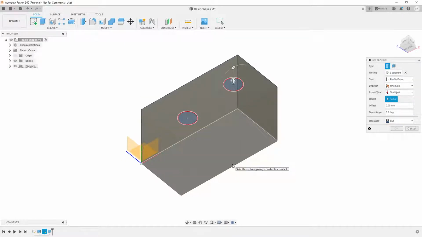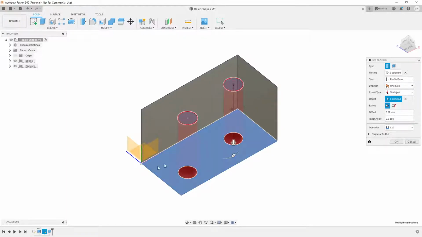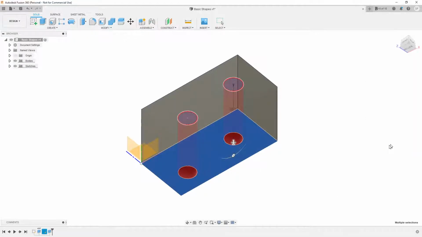And what we can actually do is define the distance between two planes that we want the holes to go through. So I'm going to select the bottom face of this rectangle, and you'll notice that the holes are punched through. And if I click on OK,